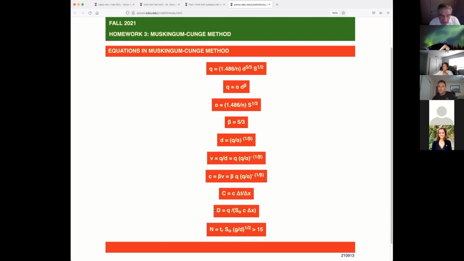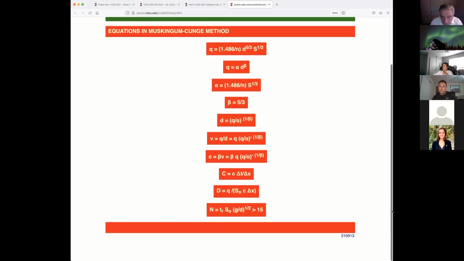And then D is equal to this. We already know by definition. And N is just the accuracy of the approximation, which ought to be greater than 15. And we do find that this problem barely makes it as a diffusion wave. A little more than 15 is like 16 or 17. So it's cool. So those are the formulas that you have to use in your Excel spreadsheet. These are the formulas, okay? So with that